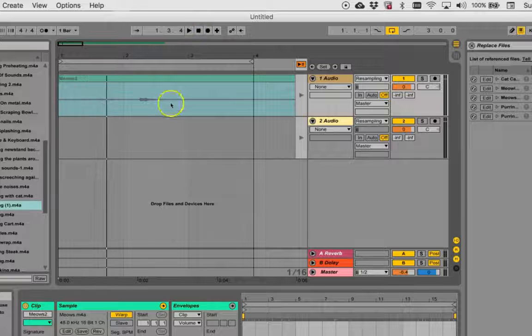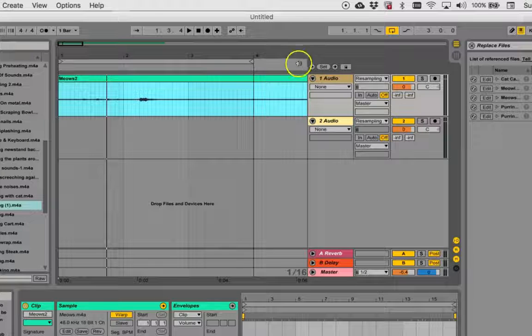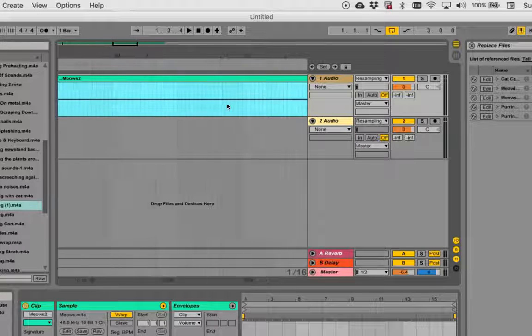I'll just stop this. We can't get at it right now because session view and arrangement view aren't quite synced together. They have to kind of update each other, and this is how you update them. You can push this here, that'll update this track. This would update this track, but if you push this one, it'll just update all of them. So now these are ready to be worked on in session view,